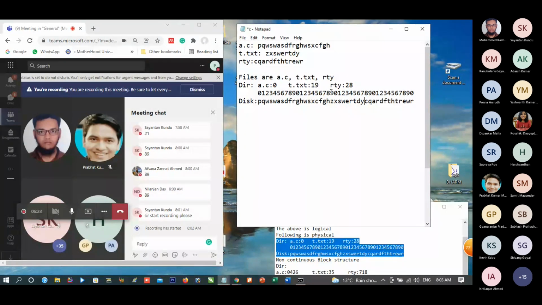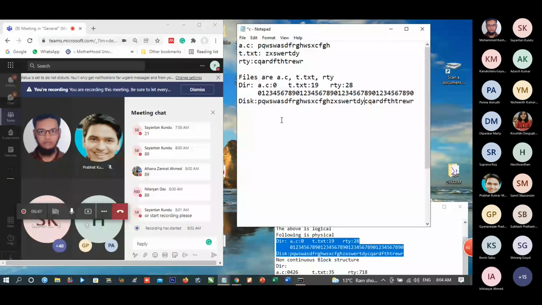So from this location 19, let us count 19. From this location, the first letter of T.text starts. The first letter of RTY stores at 21. So it is starting from 21. So in this way, information is stored.